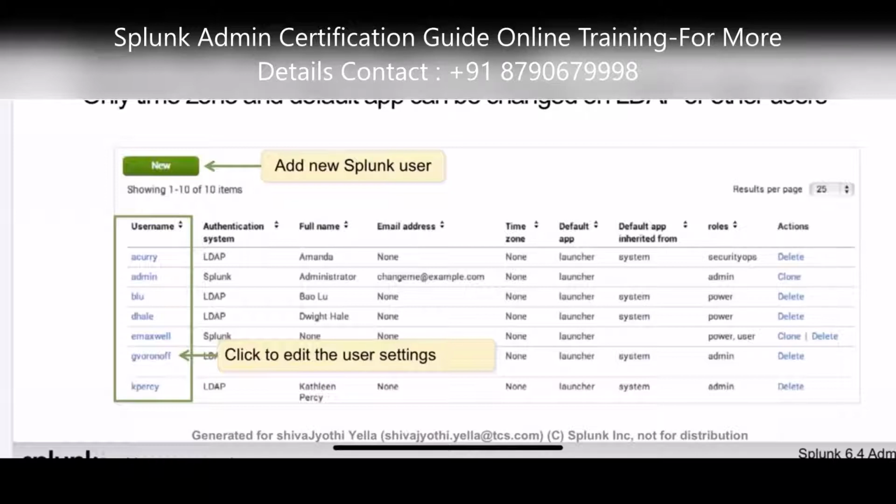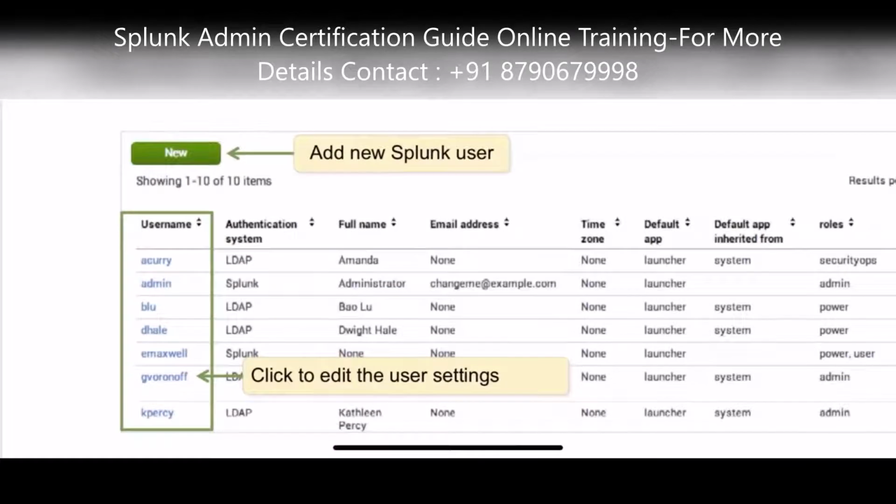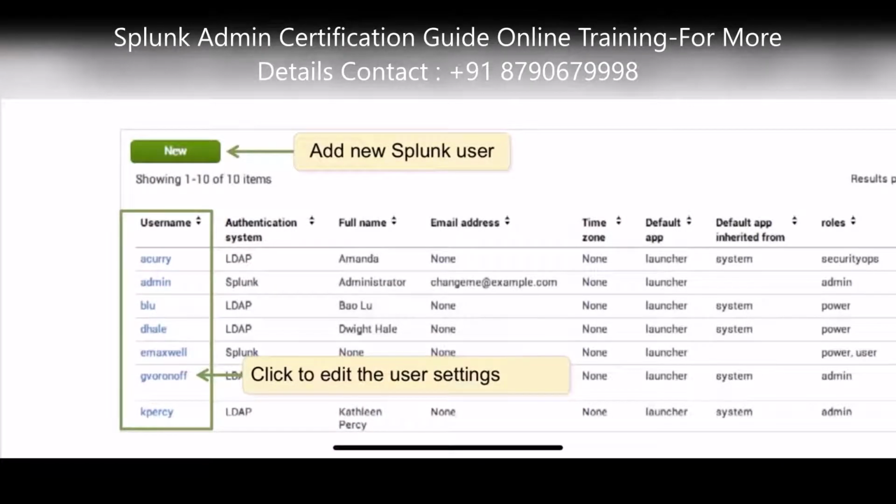But if you see other users, or the group where the users are added, as I told, we need to get approvals from managers for creating LDAP groups. At that time, it will show the authentication method as LDAP. Two types: if you are creating something in Splunk, it will show Splunk as the authentication method.